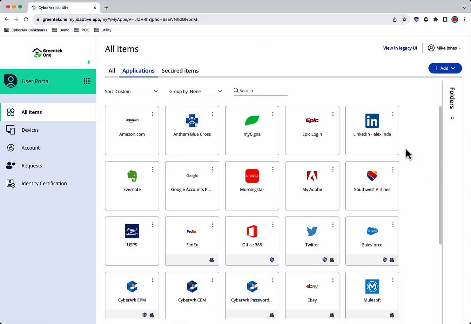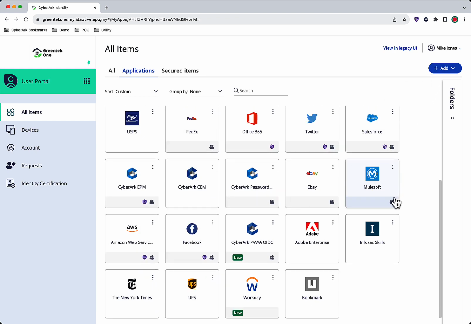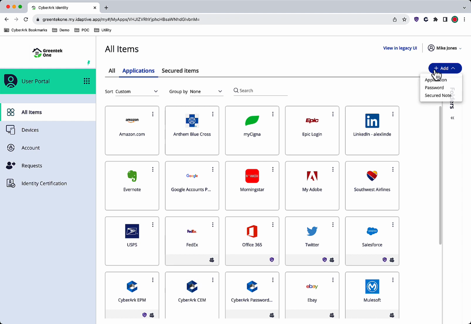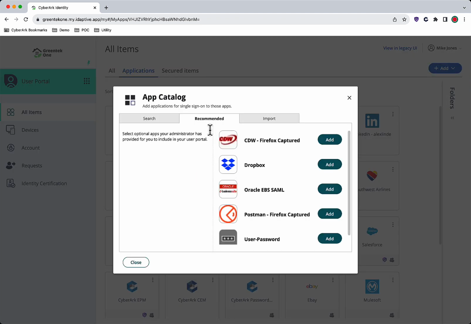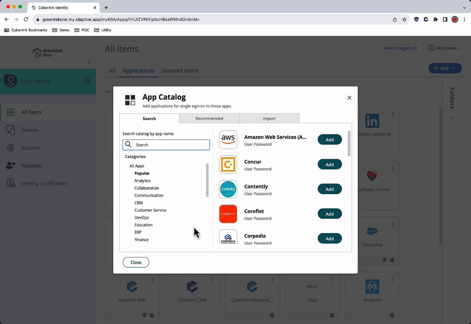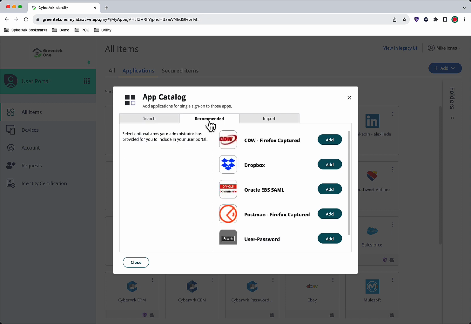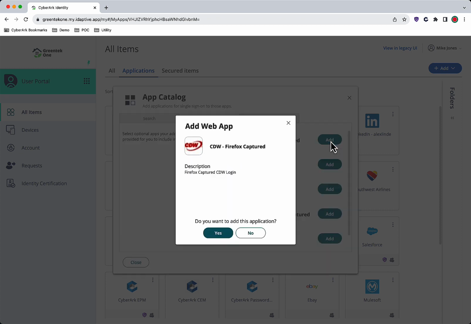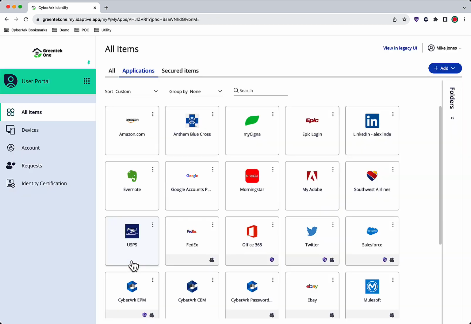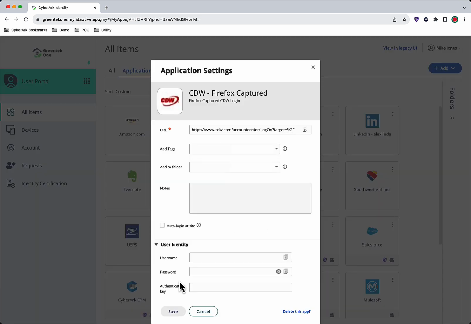And now switching over to Mike Jones's catalog. If we go over to his applications, we see that CDW has not been deployed yet. So we'll go to Add Application. The app catalog now presents him the option to search through the global list of applications from CyberArk Identity, which includes over 6,000 templates. Or he can go to the recommended list from his own organization, which includes the CDW Firefox captured app. We'll click Add on that, close out of here. And now he can specify his credentials